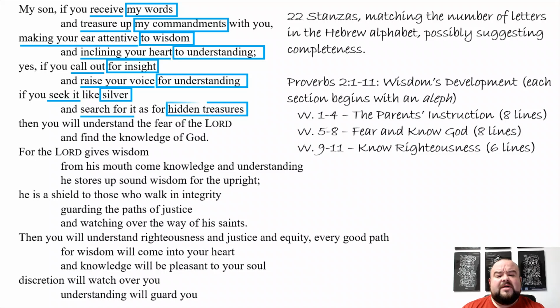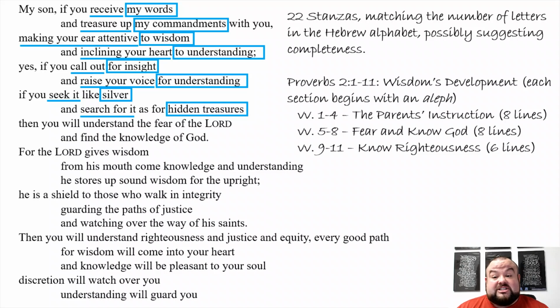I can't help but think of the parable of the pearl of great price, or the parable of the lost treasure, and how everything went into finding that. So our search for wisdom should be. Because then, this has been one long if statement. Now we get to the then statement.